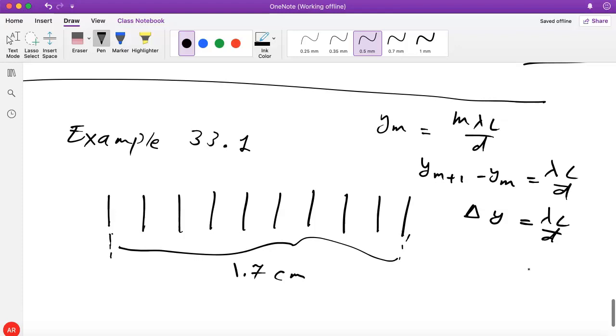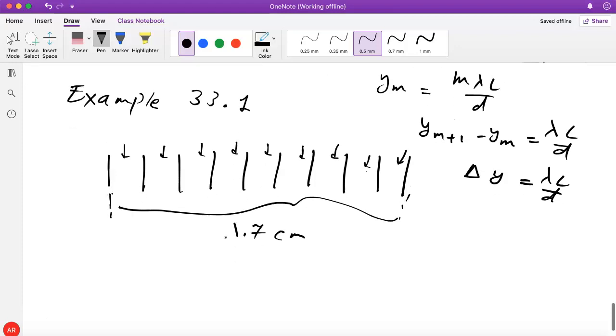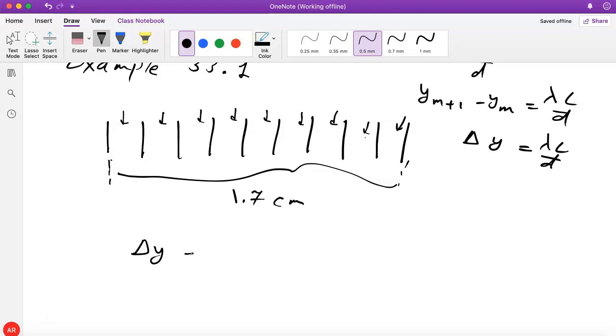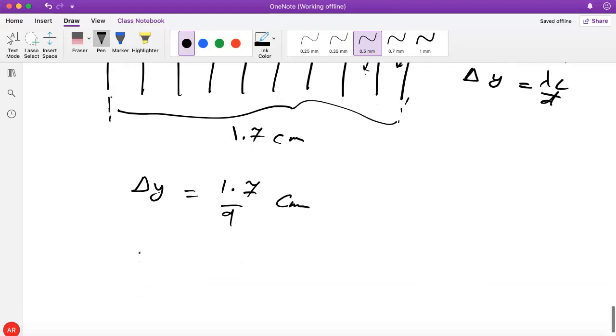So if you just figure out the spacing, we can use that expression. And if you have 10 fringes, how many intervals do you have? 1, 2, 3, 4, 5, 6, 7, 8, 9. So delta y is 1.7 over 9 centimeters, and that's equal to